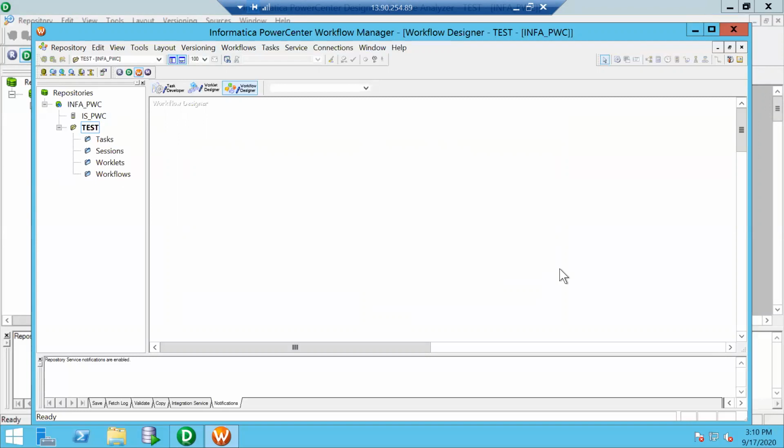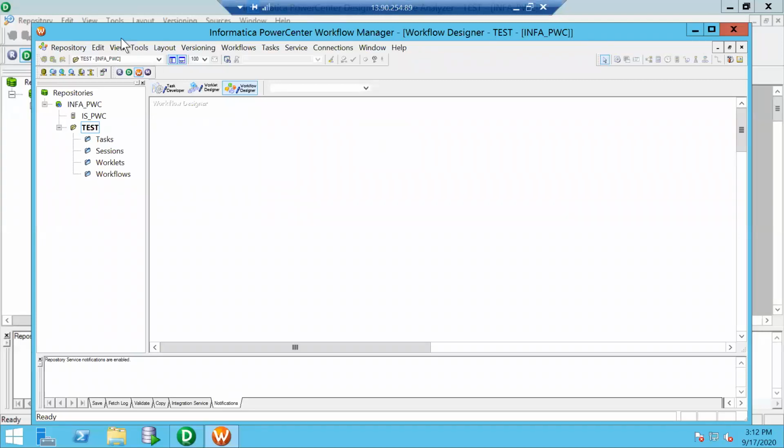Another advantage of the Workflow Manager is it helps us enable dependency, as in if a session or a mapping needs to get triggered after the execution of a particular session, that dependency can be accomplished using the Workflow Manager. Another thing is you can configure some sessions to run in parallel. Again, those configurations can be done in the Workflow Manager.